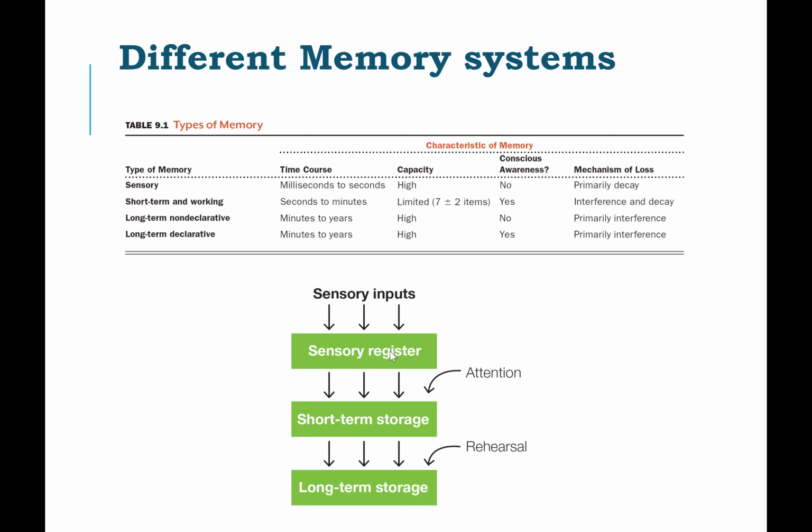So in the example of the pin, when you initially hear the pin, you have a very good sensory memory, sensory register of it. You could repeat it right away to yourself and hold it in short-term memory. And then if it's your credit or debit card pin or someone's phone number that you want to memorize, then through rehearsal, through doing it many, many times, you would actually encode it in long-term memory.